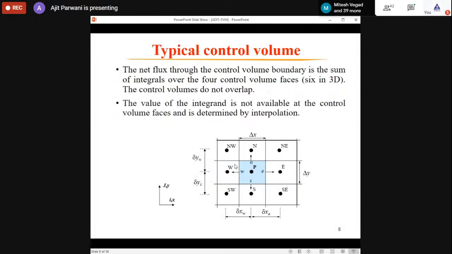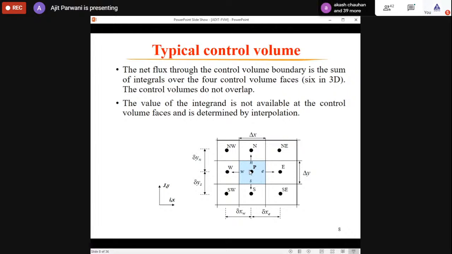So this is a representation of a control volume in a finite volume method. Suppose this is the control volume, this is the computational node. The computational node is called the P node, and there are some neighboring nodes for this computational node. What are those neighboring nodes? On the east side, this is called the east node. On the west side is the west node. On the north, it is north N, and on the south, it is represented by S. Similarly, in three-dimensional problems, there is one more node perpendicular to this sheet. So on that side it is the bottom node, and on this side there is a top node.